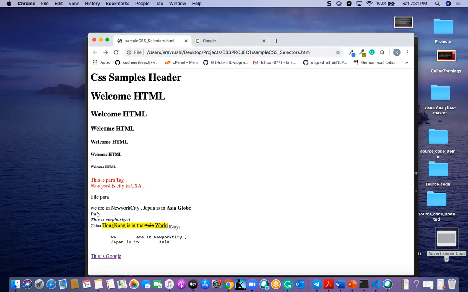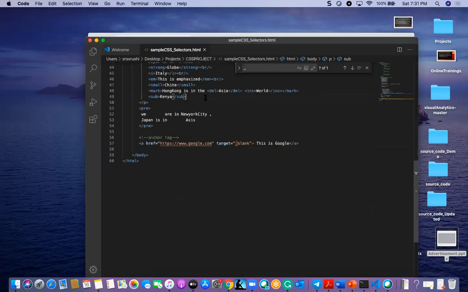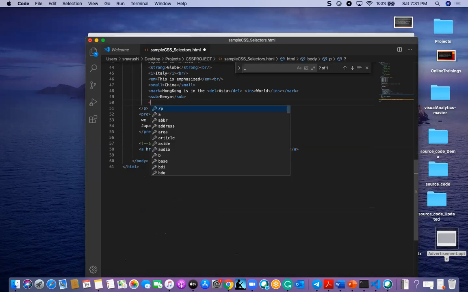There is one more tag we have, that is superscripted. A superscript will show the text a little above the current line. It is represented with SUP.